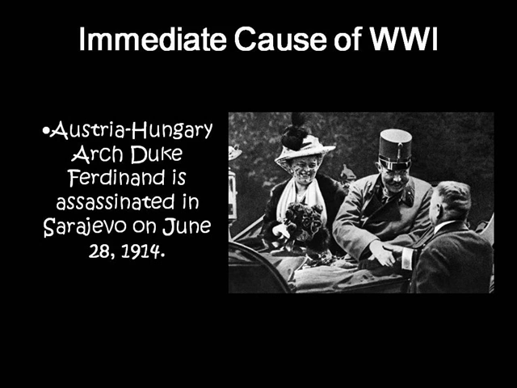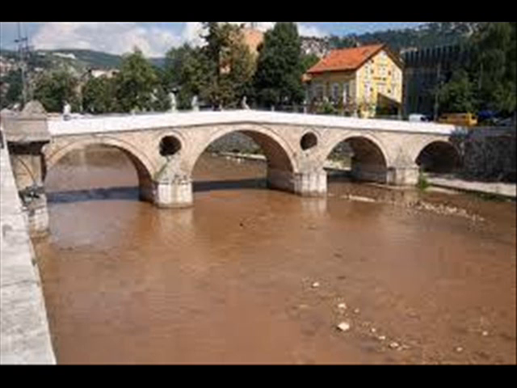Yes, correct. So as he's taking a trip through the capital of Sarajevo with his wife in an open-topped car, he runs into some individuals from the members of the Black Hand. Seven of them to be exact, all equipped with different things. They had grenades, and they had, what else? A cyanide capsule, which they were supposed to take as soon as they threw their grenade, and then jump in the river, and then they would die.